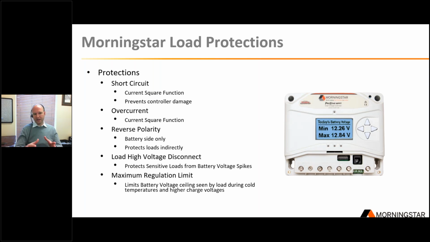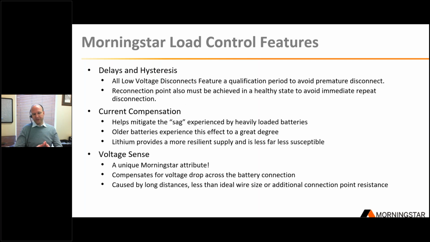So all of these protections and features are there to enable better load operation of what's connected to the controller. And with this comes a little bit of intelligence as well. Let's talk about delays and hysteresis. What I mean by that is when you've got a low voltage disconnect, this isn't just a simple on, off. We've got to put a little more